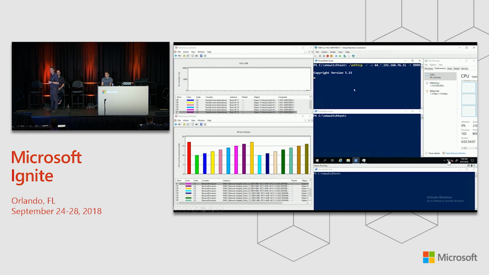What you see here is we're going to be sending and receiving traffic. In the bottom left-hand side, you see a graphical map of all the different VM receive queues, and they're right now spread across a number of different processors. So you can see the green one, the second one in from the left on processor 10. You can see also the light blue one, about 6 or 7 more in, that's also on processor 10, but they're all spread across and parked on these logical processors at the moment.